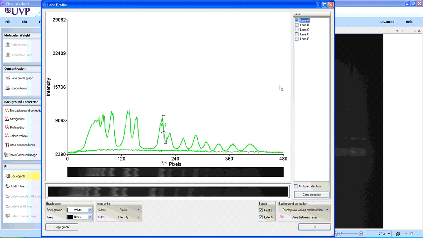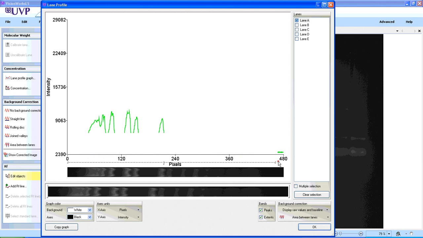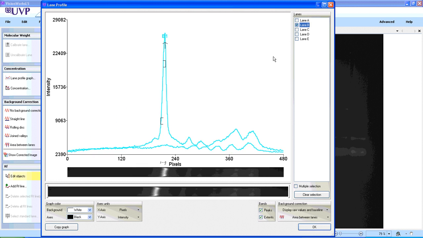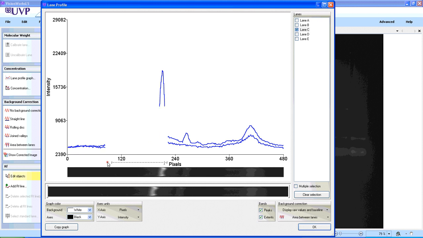The next thing we want to do is drag the extents, so you can see the beginning and the ending of these bands. I can drag them out to the top of the lane and to the bottom for each one of the lanes that we're going to be calculating. So we simply grab that little button here and we drag it out. Lane 2, lane 3,